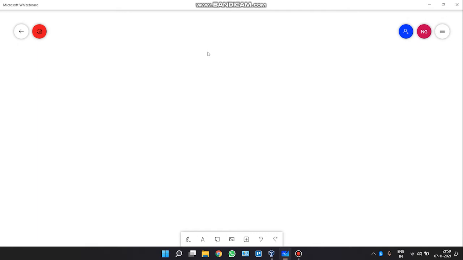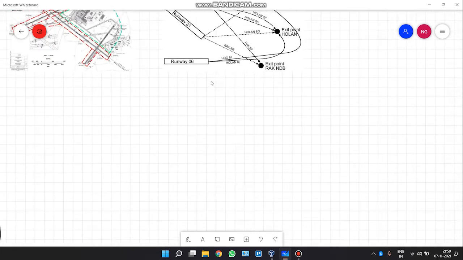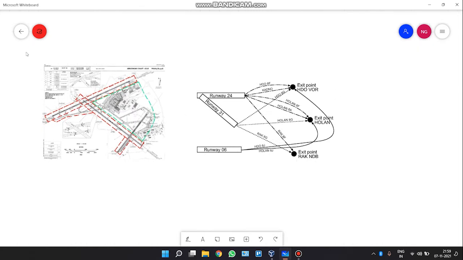It needs a certain series of paths in which the planes should take off so that it can have maximum efficiency as well as avoid collisions or safety lapses. So for this discussion, let's take an example of Prague Airport. The Prague Airport looks something like this. This is the schematic, but it is too complex. So let's take this simplified version where we can see that it has three different runways and three exit points.